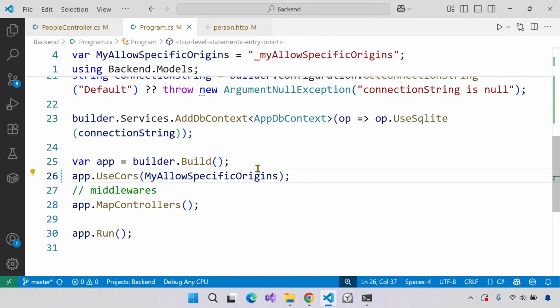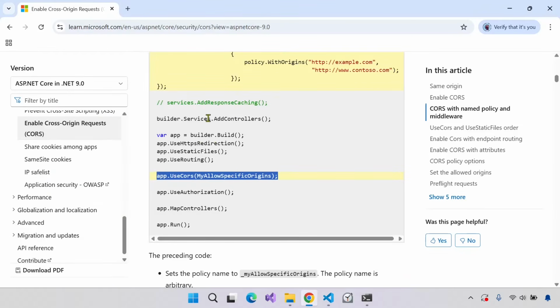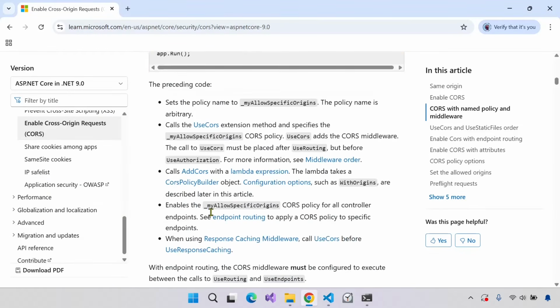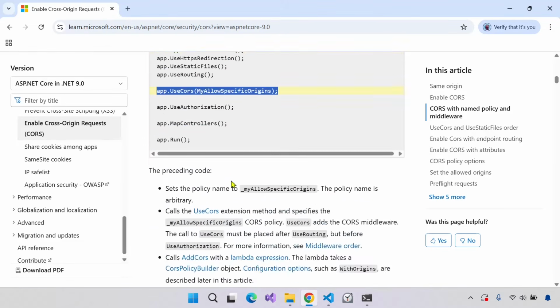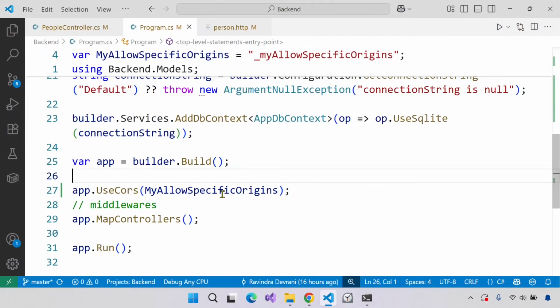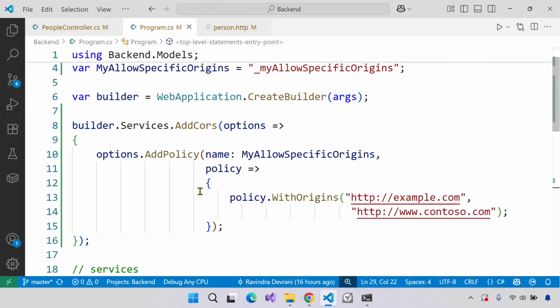Okay, so just paste it here, and its order matters. Always check where it is. It has been mentioned somewhere here, so read the documentation. Right now we don't have much middleware, so it won't cause any problem. So we have configured our middleware, but our CORS,